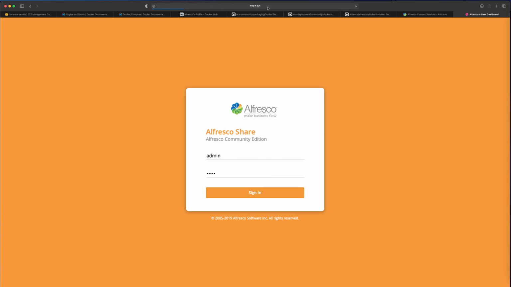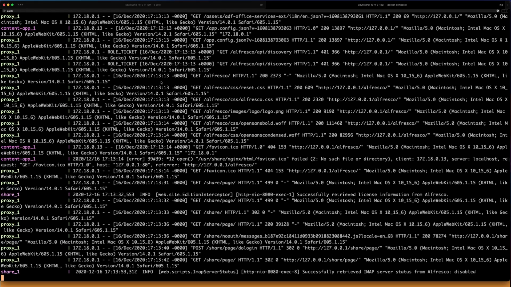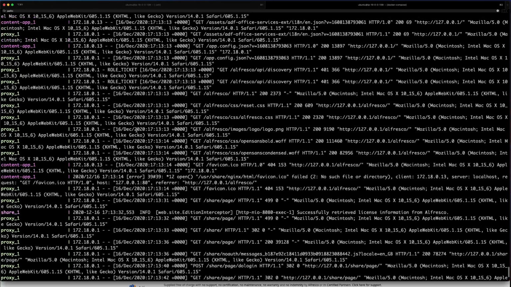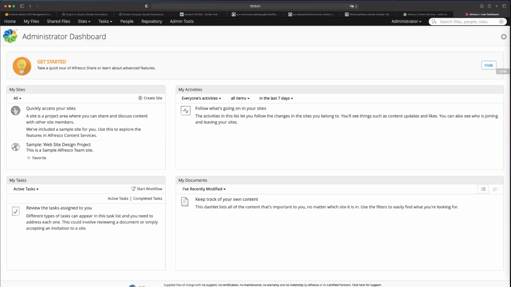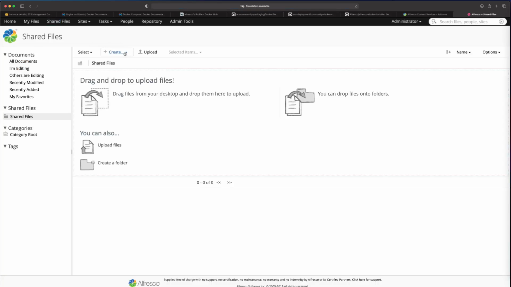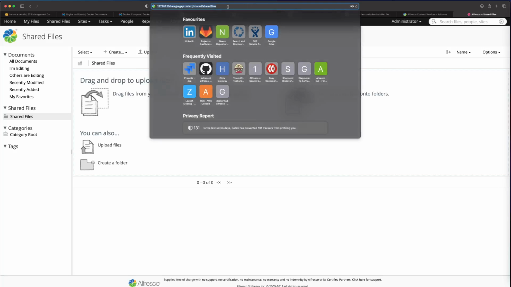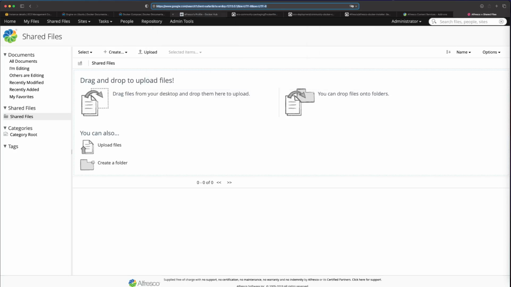We are using our localhost installation from our Docker Compose that has been started on my local machine, as you see. And this is mainly the application that is going to be used by all the users. You can create documents, upload documents, and so on. And additionally, we have this other application on the